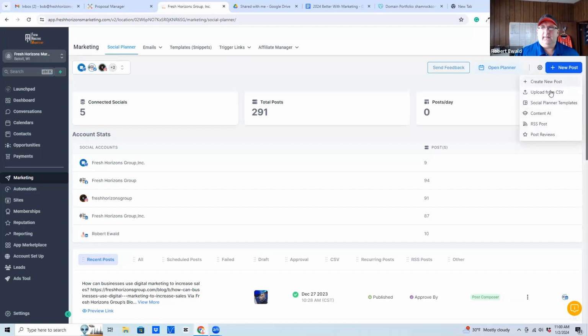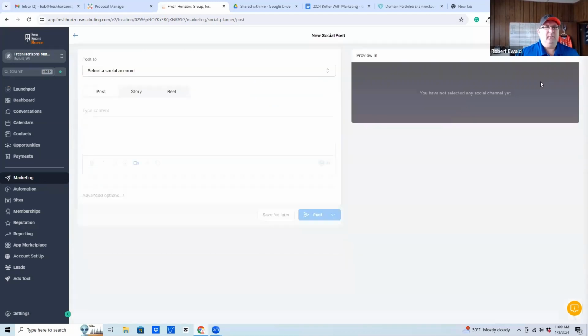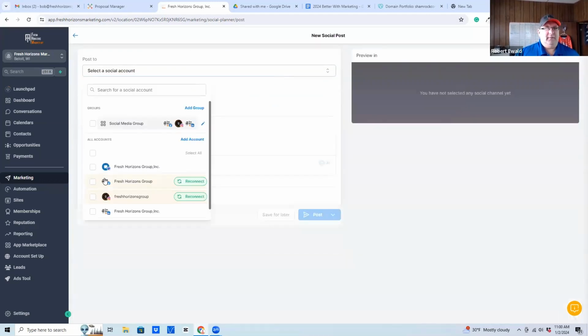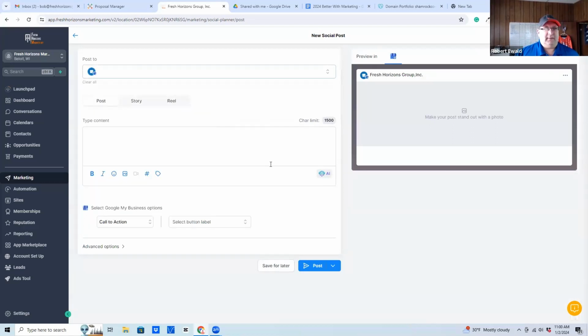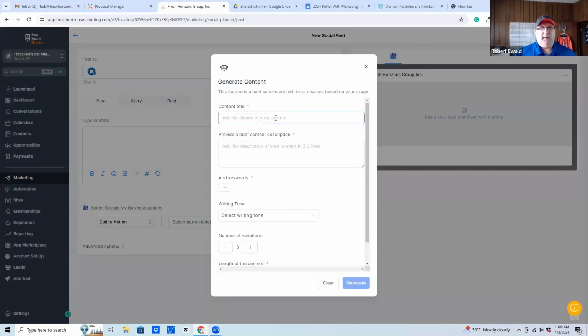So you can start off a couple of ways. You can either click Content AI or create new post. Let's just start with create new post. And you're going to choose which account you want to use. So here we're going to do our Google business profile. And I don't know what to tell it. So let's go with generate with AI. And we're going to say,